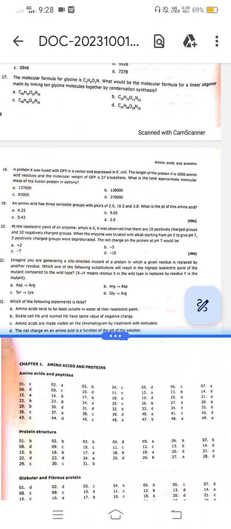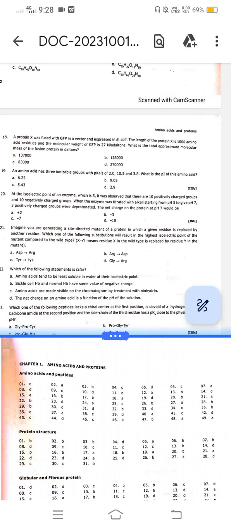137000. So an amino acid has 3 ionizable groups with pKa's of 2.0, 10.5 and 3.8. What is the pI of this amino acid? 2.9. At the isoelectric point of an enzyme, which is 5, it was observed that there are 10 positively charged groups and 10 negatively charged groups. When the enzyme was titrated with alkali starting from pH 5 to give pH 7, 3 positively charged groups were deprotonated. The net charge in the protein at pH 7 would be